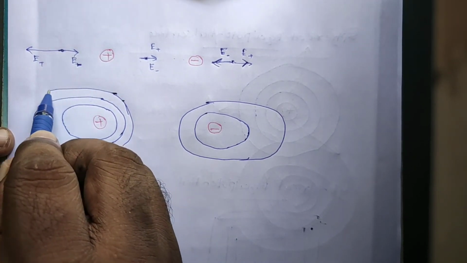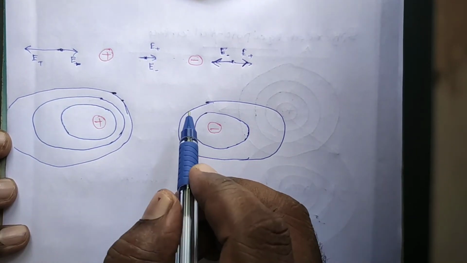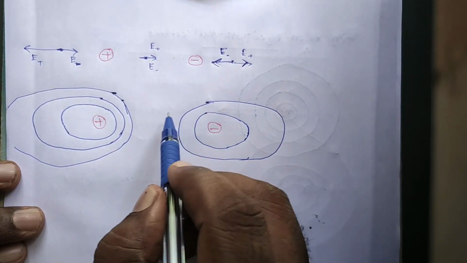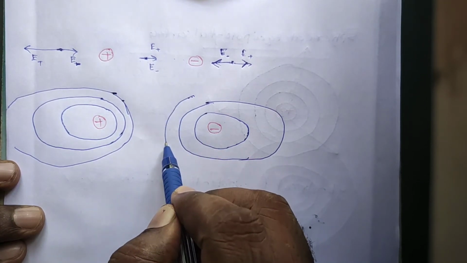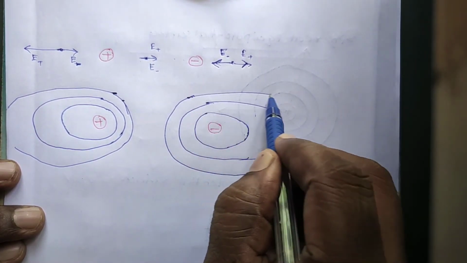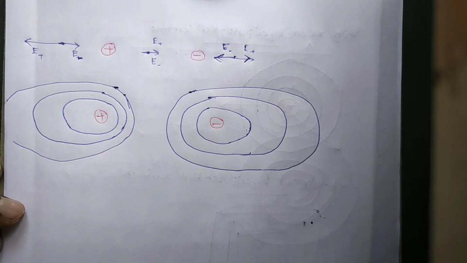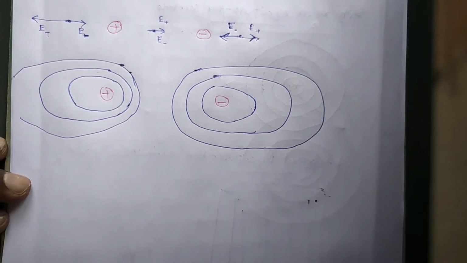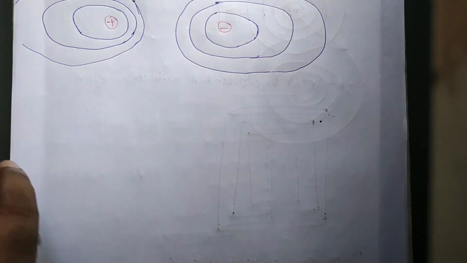Okay, here like this it will become, actually it has to become spherical. Here it is to be closer like that. Okay, my diagram has a problem. Okay, so this is the equipotential surface produced by a dipole. Okay, clear. Next we are going to see the equipotential surface produced by two positive charges.